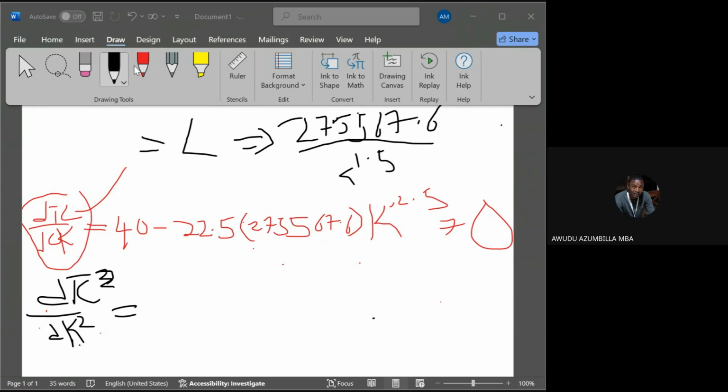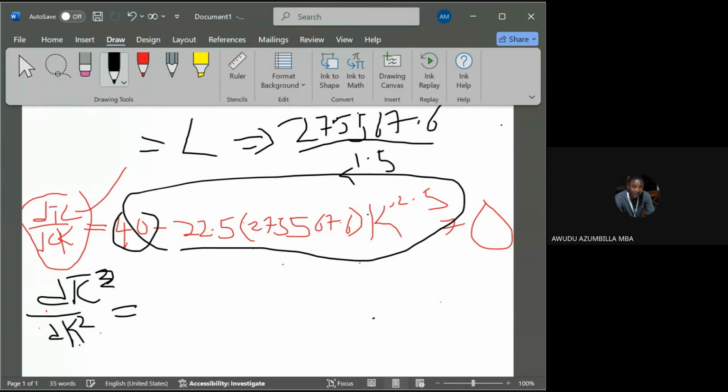We are going to see this one is constant, so this one will not be considered. If we differentiate it, we are going to get 0, but we are going to differentiate the whole of this again. So what we do is that we are going to multiply the minus 2.5 by 22.5. If we multiply this one, this is minus, so minus minus becomes positive. So we can say that it is going to be 2.5